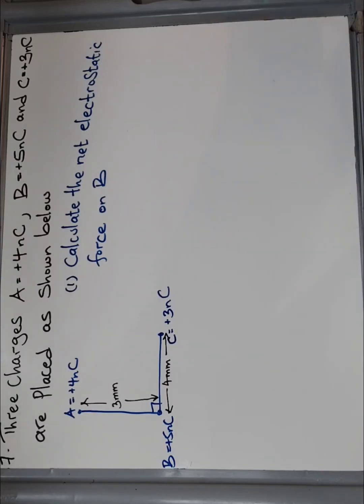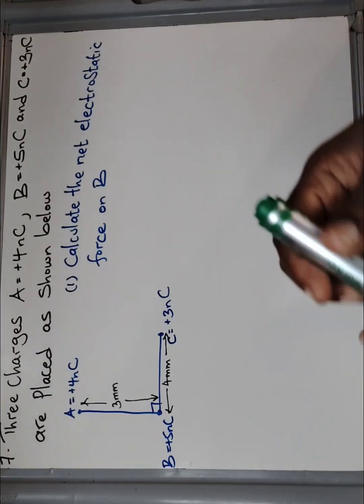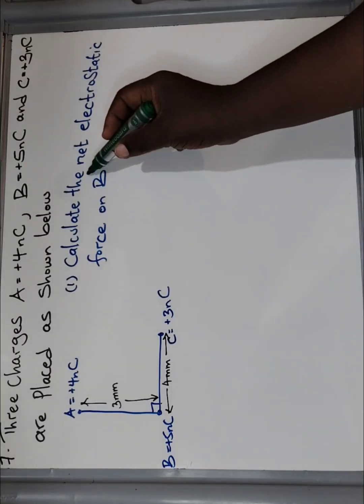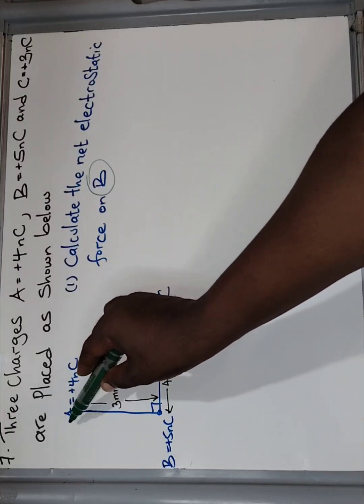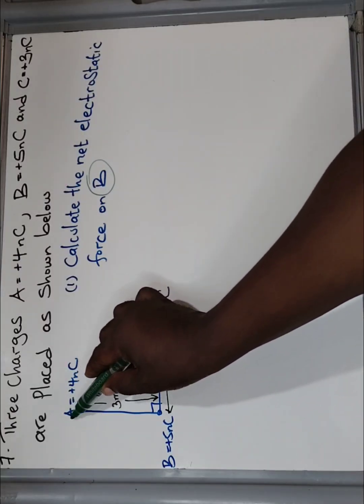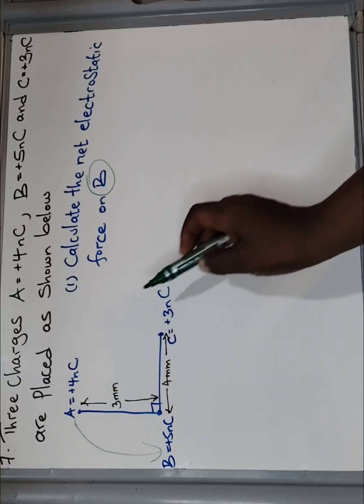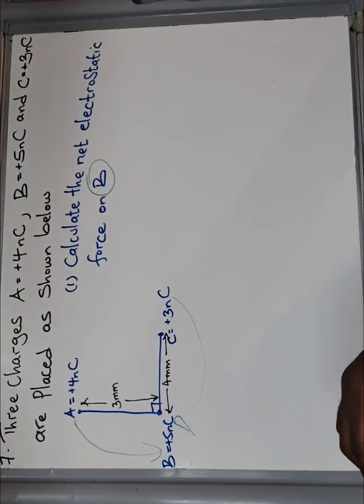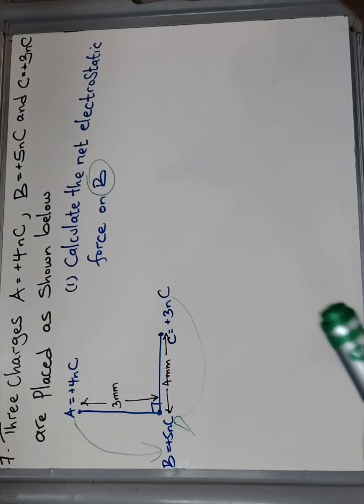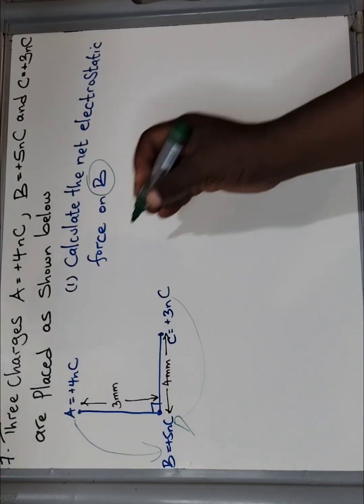Okay, how do we undertake this question? This is what you have to remember, that we are calculating net force on B. So we must know that A has influence on B and C will have influence on B. And when you find the sum of those two influences, they'll be giving you the net force on B. So how do we start? We can say